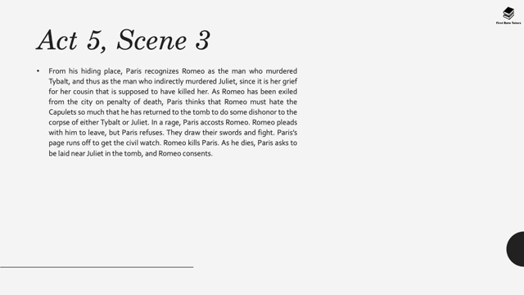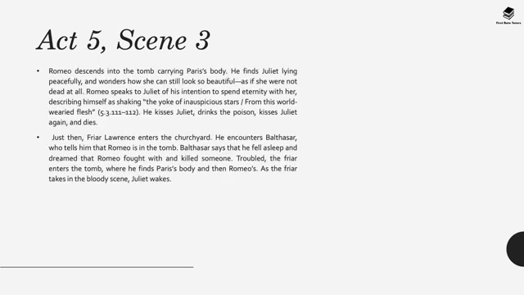Romeo pleads with him to leave him alone. However, Paris refuses, and they draw their swords to fight. Paris's page runs off to get the civil watch. Romeo then kills Paris, and as he dies, Paris asks to be laid near Juliet in the tomb, which Romeo consents to. Romeo then descends into the tomb carrying Paris's body, and there he finds Juliet lying peacefully